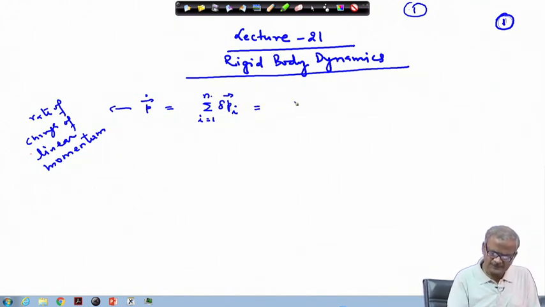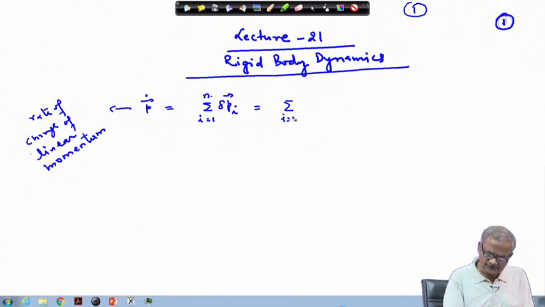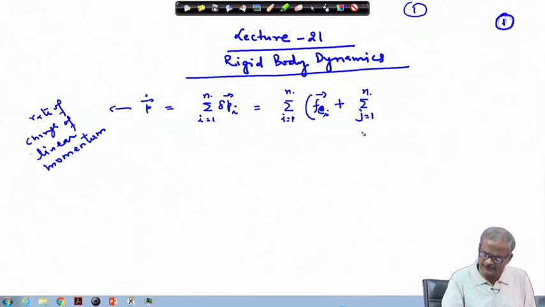Now, as you know, this consists of the external forces and the internal forces, and that we can write as sum over i equal to 1 to n, and on the ith particle you have the forces acting, which can be written as F_E_i. This is the external force acting on the ith particle, plus the internal forces acting on the ith particle. So, internal forces will be from j equal to 1 to n, where j not equal to i, F_ij. This is the force on the ith particle due to the jth particle, and this is only due to the external force.